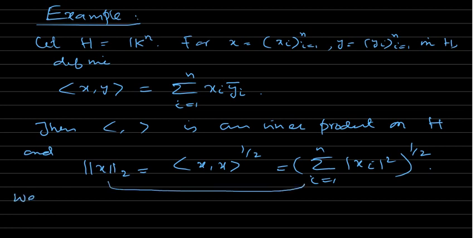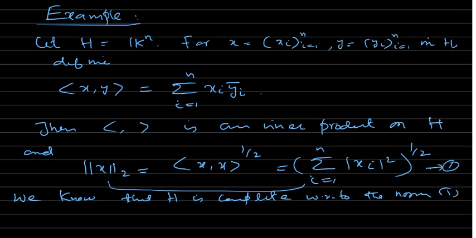We know that H is complete with respect to the norm. So let's name it norm 1. Therefore H is a Hilbert space, because this norm is induced by the inner product. Therefore H is a Hilbert space. On this you can define many norms, because in general you have... Next example, if you take,